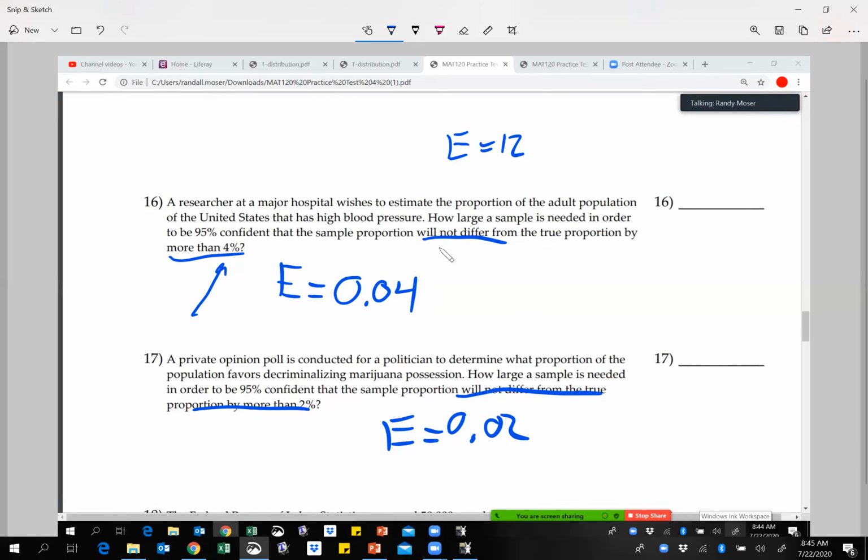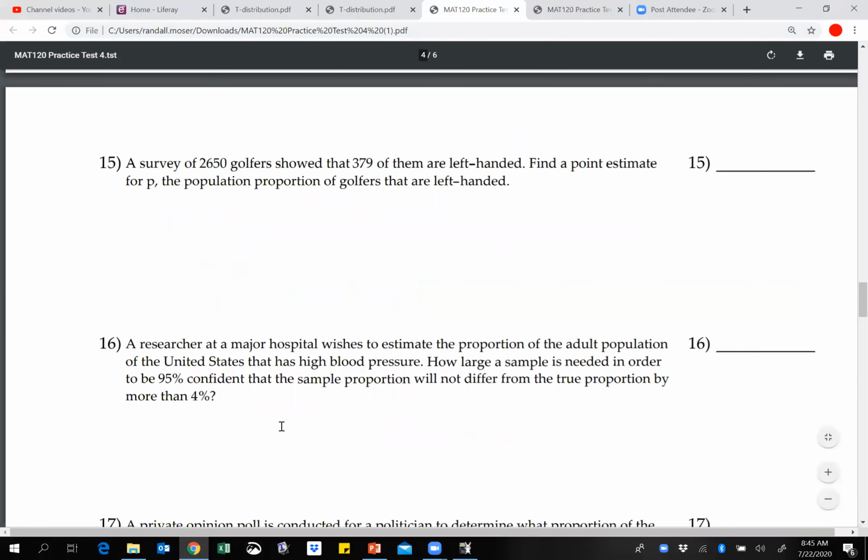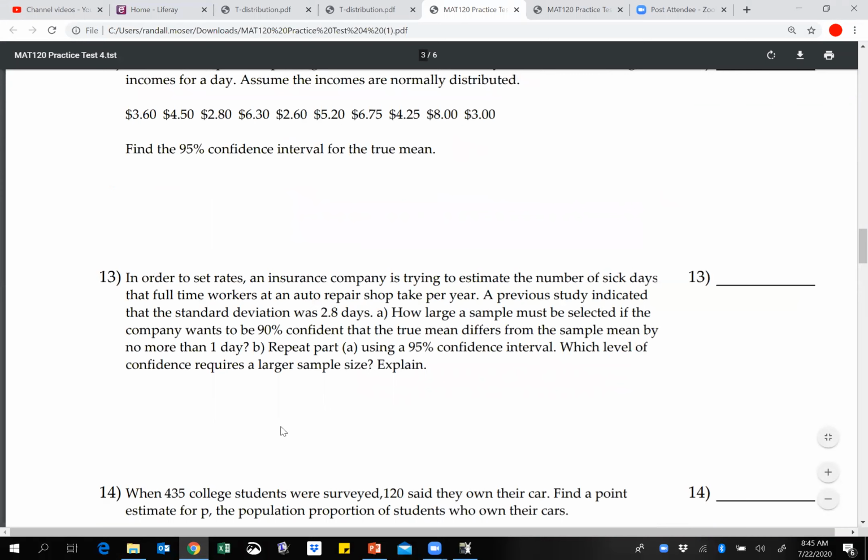Very, very good question. So in the exam, if we see questions like this, when we see "will not differ," then we know that it's E, right? That's going to be exactly right. Or if they say "can have an error of at most," etc., then that will be E. Okay. After looking at 16 and 17, one of the things that I didn't mention